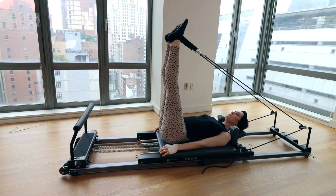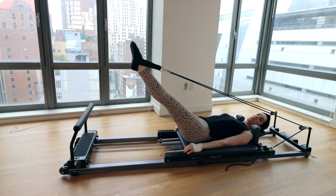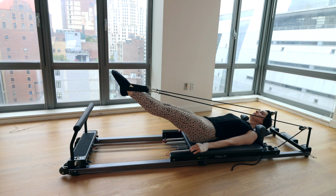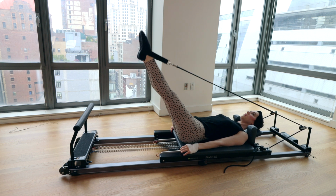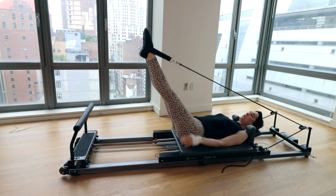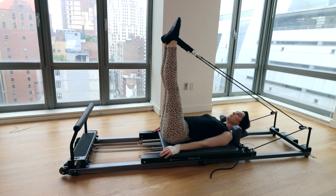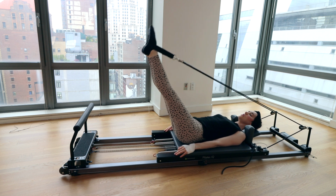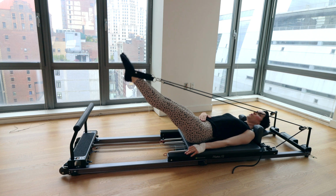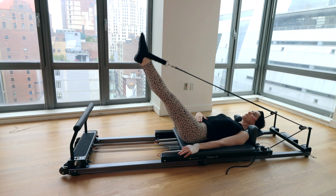Big breath in. Exhale, equal pressure through each strap. Lower the legs down to 45 or a little bit lower. Inhale, bring it right back up. So we're taking care to take really slow control here. Lowering the legs down, lifting them up. You're going to feel abdominals waking up too here to support you, especially as those legs start to get a